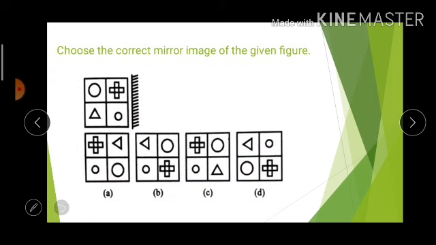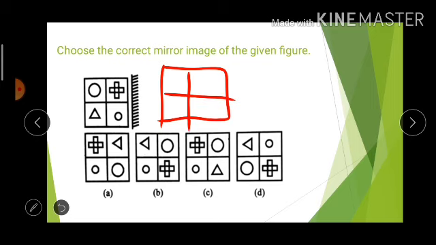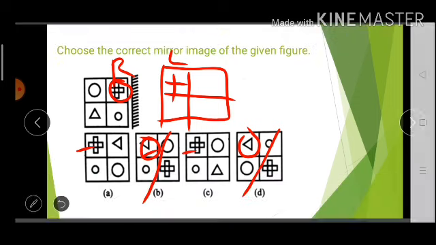Now, in this image, again, a partition is there. I'll make a partition. I want the first image as the left hand top corner. I have a plus in the right hand of the real image. Therefore, I'll want a plus in the left hand side of the mirror image. On the top of the image, where can I see it in the options? Option C is discarded. It has a triangle in it. Option D is discarded. Again, it has a triangle in the left hand top corner. In the mirror image, I can see a plus in options A and C.